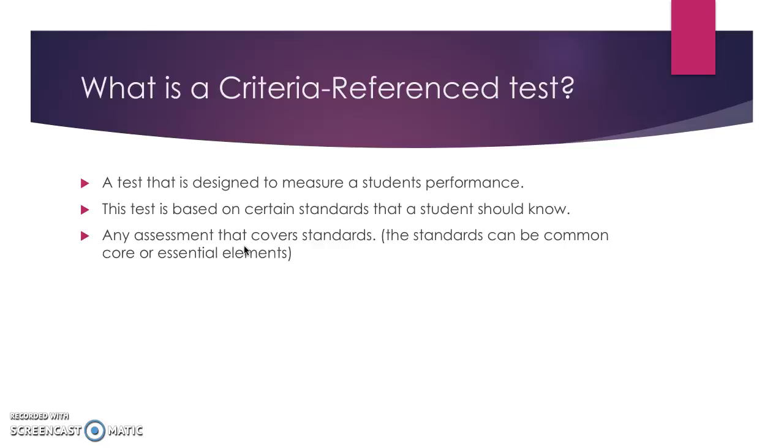So what is a criterion referenced test? A test that is designed to measure a student's performance. This test is based on certain standards that a student should know. So any assessment that covers standards. The standards can be Common Core, which is for the general ed, or Essential Elements, which is for cognitively impaired. Now, students can only use the Essential Elements standards if they are cognitively impaired. So Common Core standards are for everybody else, including anybody with any other sort of